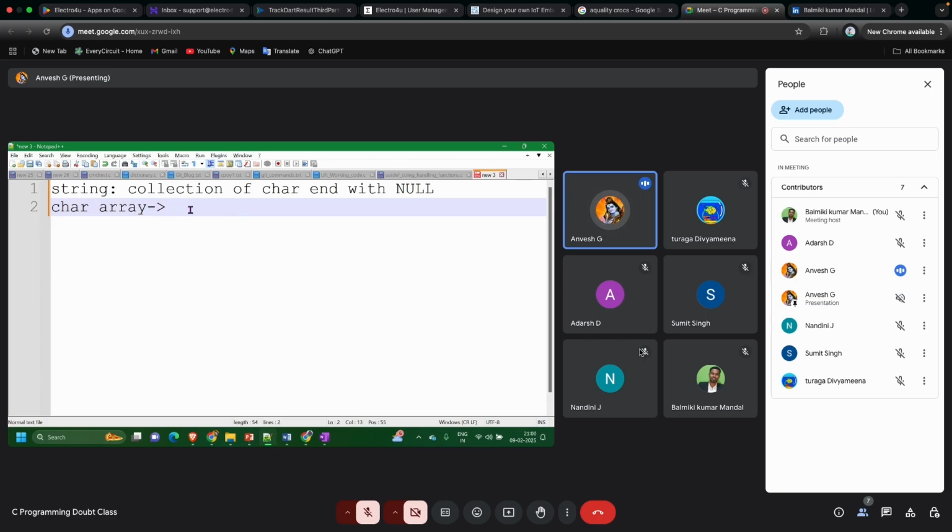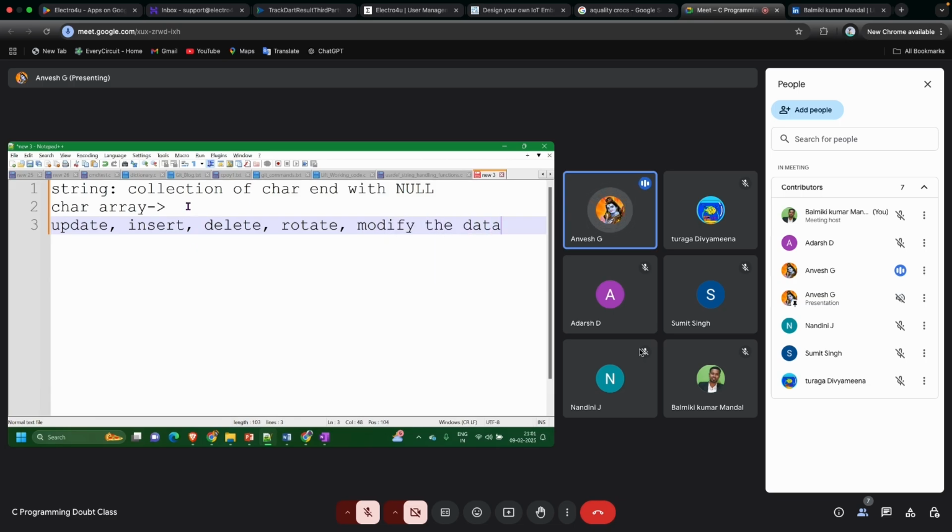This is not sufficient, because in an array we have only concepts like insert, or first update the array, update array, insert element or delete element, or else rotate or shift, rotate or modify the data. These we do on the array concept, whatever it may be: integer array, character array, float array, whatever it may be. Coming to strings,